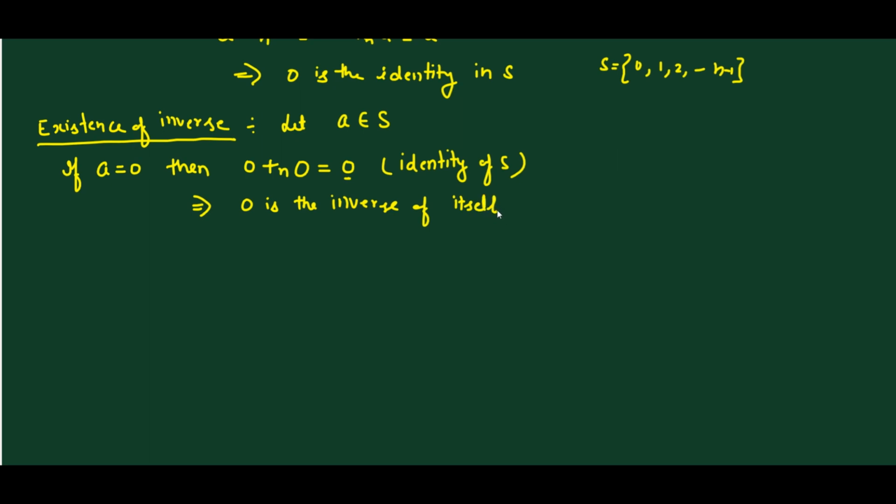Okay, now we will discuss the case when A is non-zero. So if A is non-zero, then we will expect what will be the inverse of A. We check that n minus A will be the inverse of A. Okay, so what do we claim? We claim that n minus a is the